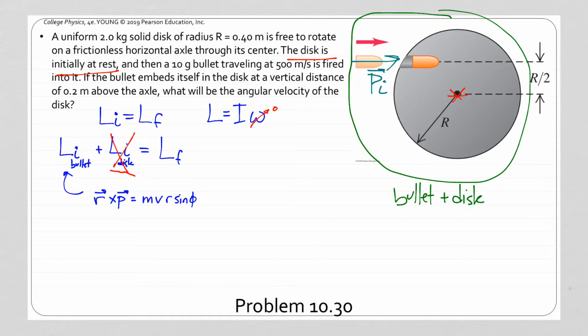Technically, what we would want to put here would be r. We would have the momentum of the bullet, and we could find how much equivalent angular momentum that amount of linear momentum would represent. What we can do, though, instead of doing this cross product and worrying about angles so much, is use r sine phi,